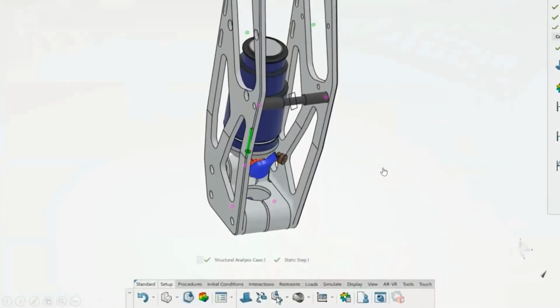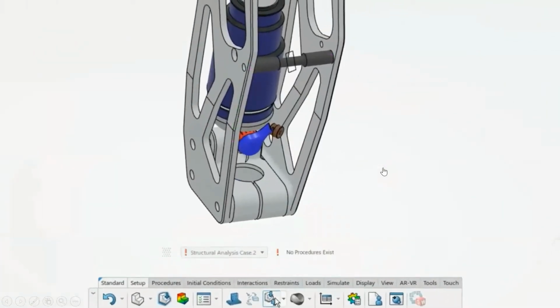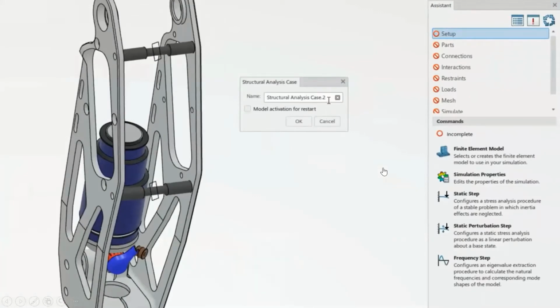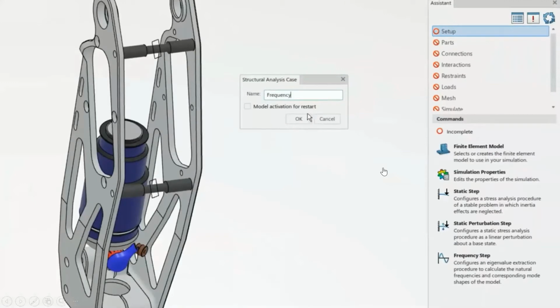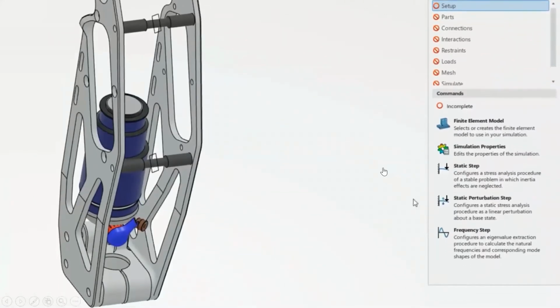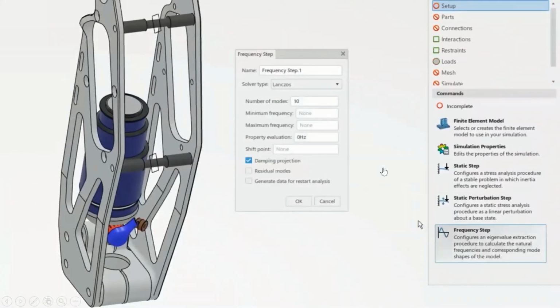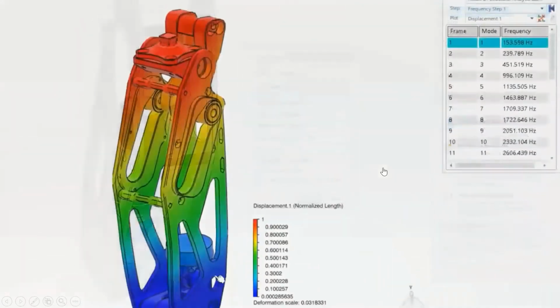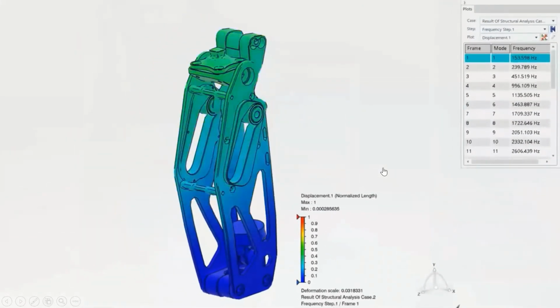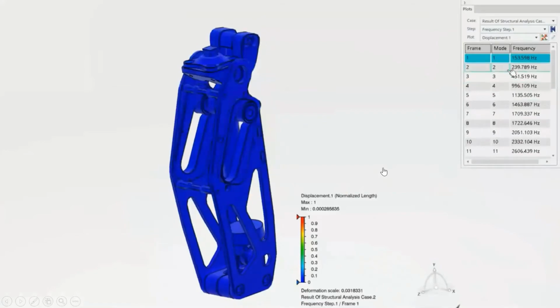Similar to the creation of a linear structural validation, Adam is able to create a frequency scenario with the apps provided in his structural performance engineer role, or SPE. He uses the assistant to complete all the necessary steps. And after solving, Adam is relieved that most of the natural frequencies of this configuration of the Motoni are outside